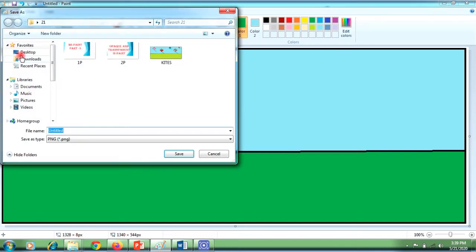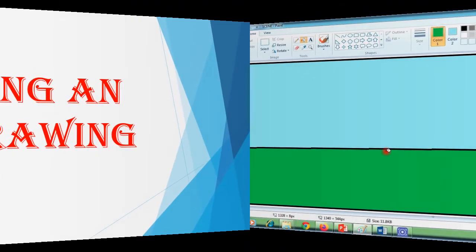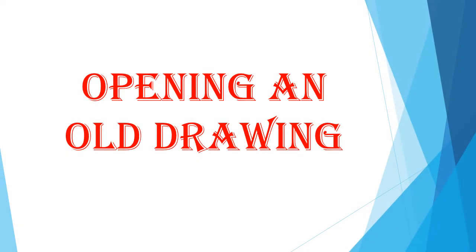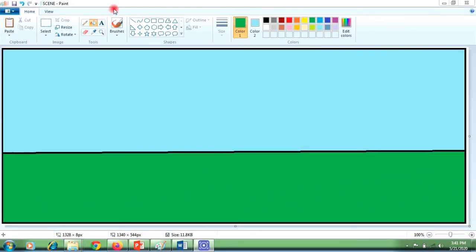Remember, you have to press both the keys together, Ctrl and the S alphabet key. So after this, a save as dialog box will appear like this. Then give a name to your drawing and then click on the save button, and your drawing will be saved. You can check if the name of the drawing appears in the title bar. That means your drawing is saved now.